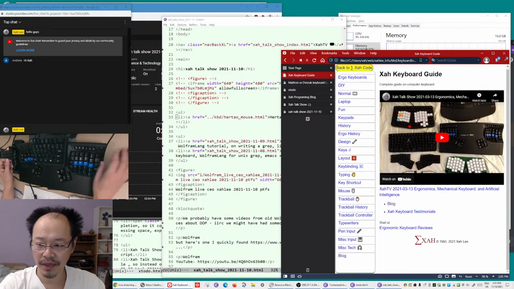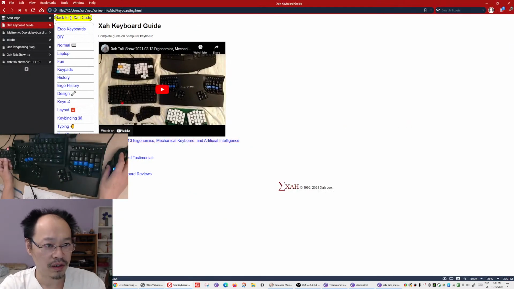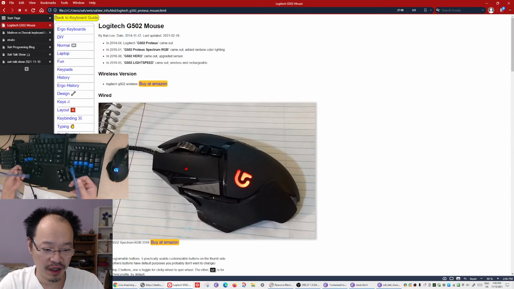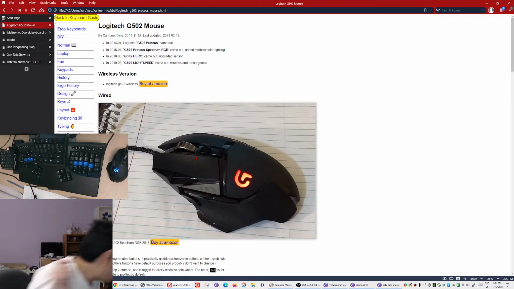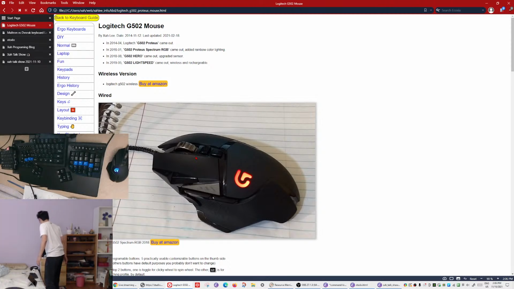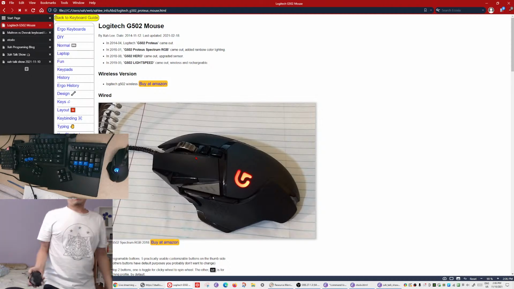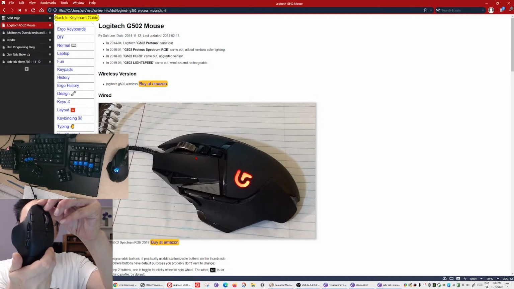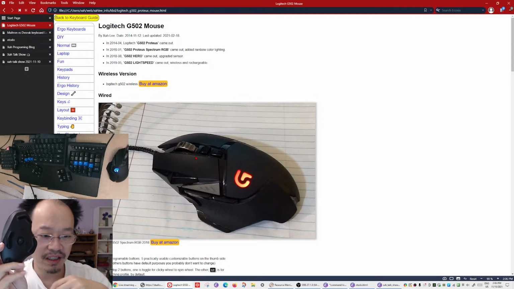But first of all, go look at my keyboard guide, okay? So keyboard guide, go to mouse. So my current, you can see right here. Logitech, okay, which one is that? That is this one, Logitech G502, fantastic mouse, okay? Now, by the way, I have another. You can see this one is wireless, and you can see that it's got 6 thumb buttons. Okay, in theory,